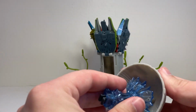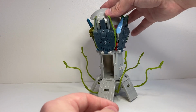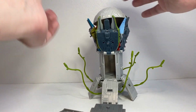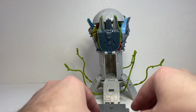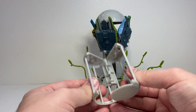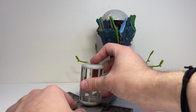So if you want to store the blast effect, you can tab it into the top there and then use that. It sits maybe a little bit better than it would have otherwise, but it kind of just sits there. It's not great. And then the little jail section here, you can open up, and if you have it like this, it can actually tab into the bottom here,